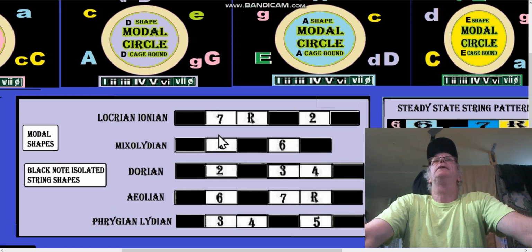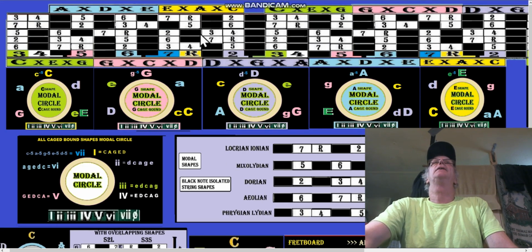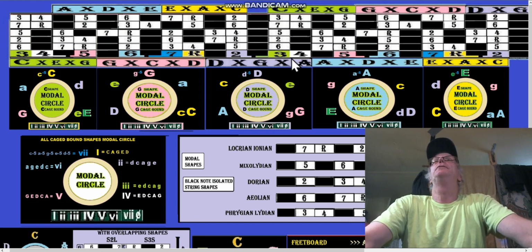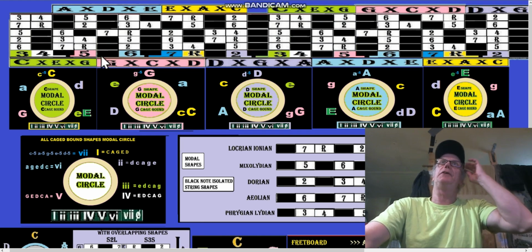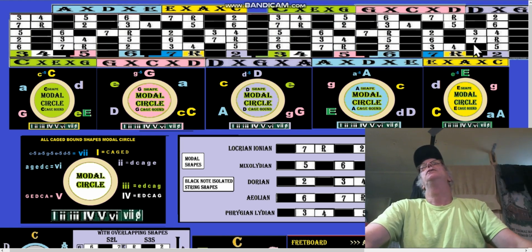So up here in the regular fretboard, you can see that you have, except for over here, because you don't play those notes anyway. If you look, starting C shape over here is your C. You have bookend isolation between the C and the D shape and the E shape. And the same thing, bookend isolation between the E shape and the A shape. So as we're going in fourths or in fifths, depending on the direction, you go around the circles,